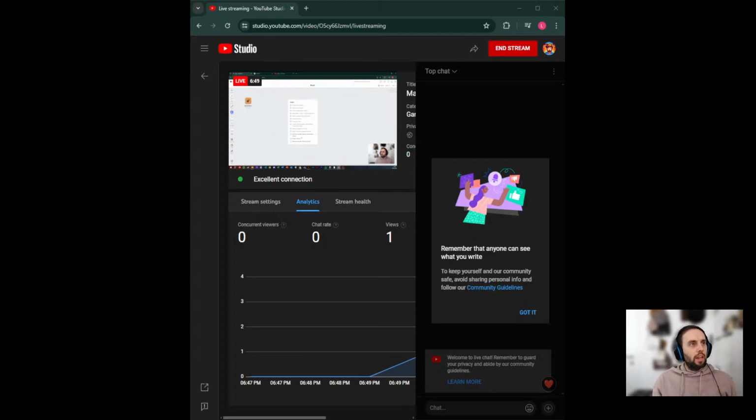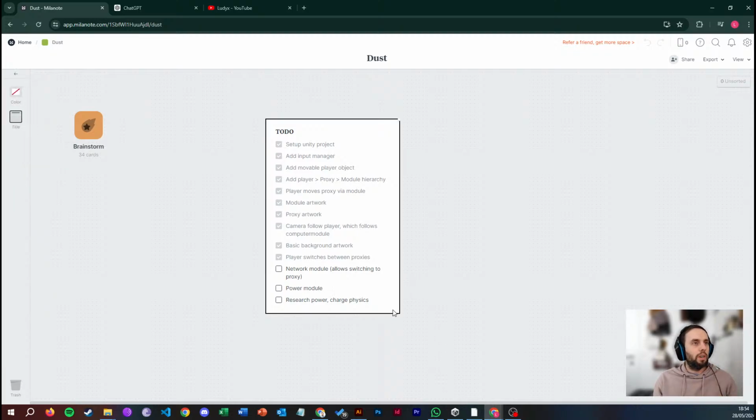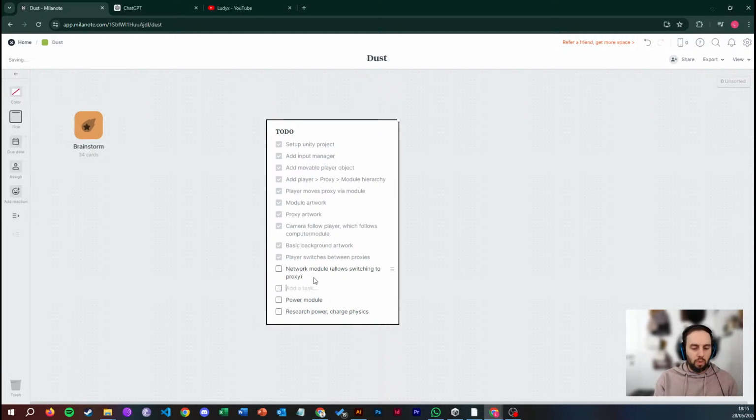Actually, I wrote here power module and research power charge physics, but I will delay that because I would rather first complete this thing. But then I would want to do a network manager, because currently all of this code, whether or not the player can connect to some device, is managed in the player script, and I don't really like that because I want to make a separate script which is kind of a meta script. It's not really an actual object in the game like the player or a device or a machine,